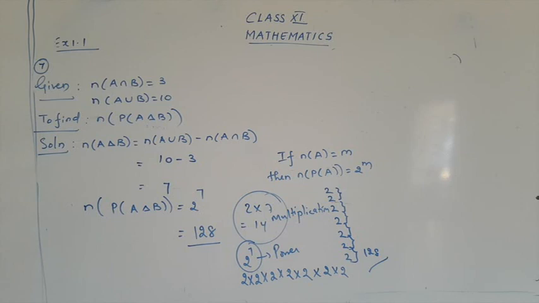So now let's go for the next question. I hope you have taken down the 7th sum. The 6th sum and the 7th sum are in just the same manner. Only the question is reversed. So you just have to use the same formula but in a reverse manner. So now go for the 8th one.